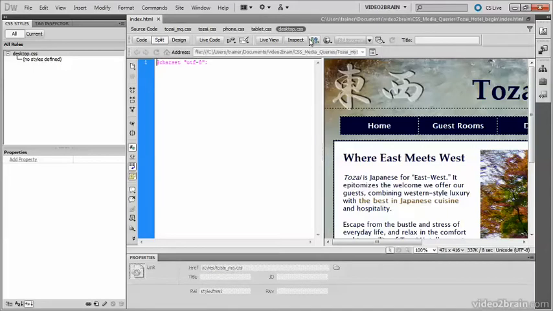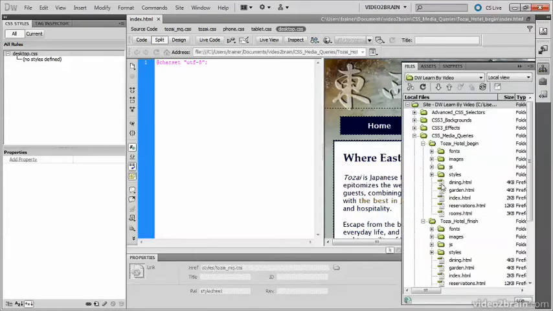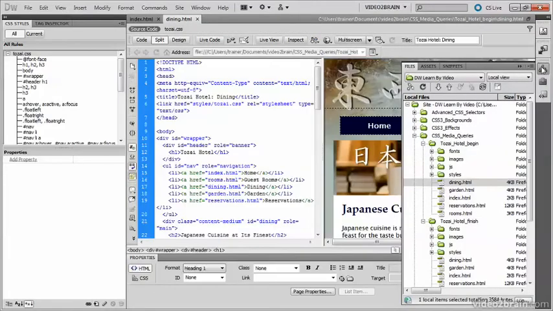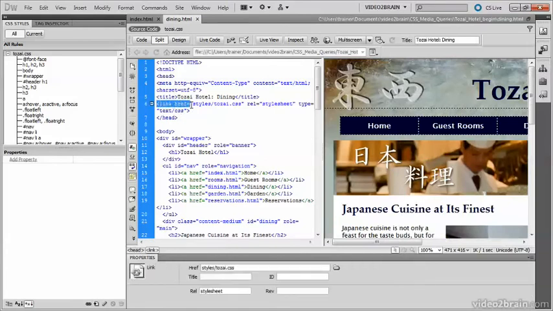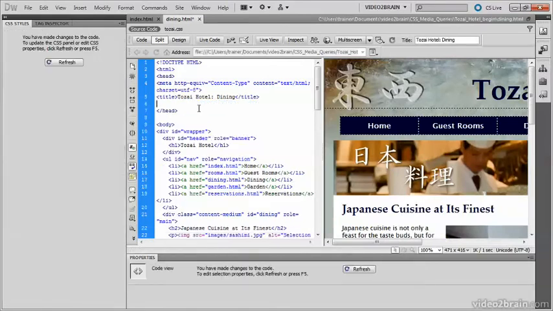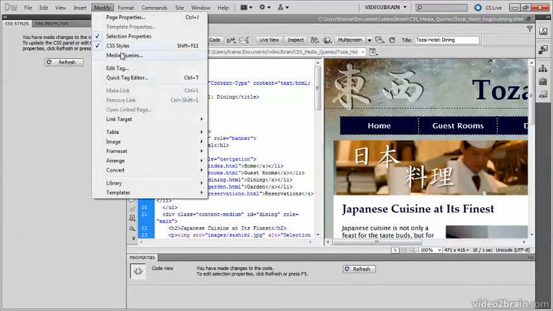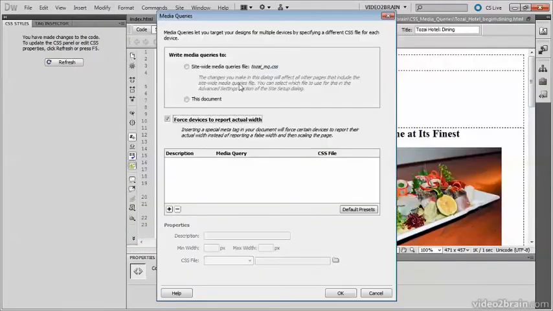After defining the site-wide media queries file for the first page, adding it to other pages is very easy. Let's just open another page. And I'll remove the existing style sheet. Then go to Modify, Media Queries. And the media queries file is already listed there, so I just need to select this radio button and click